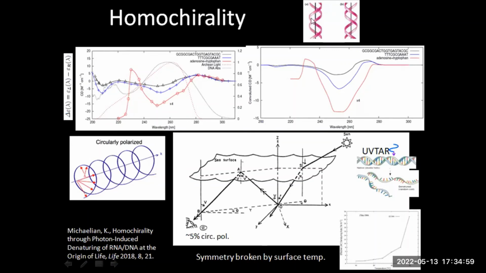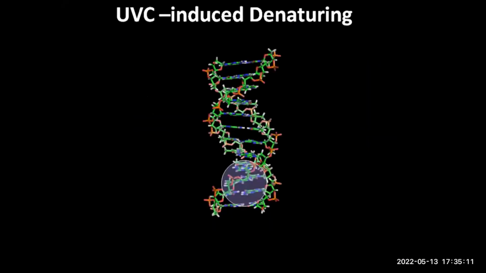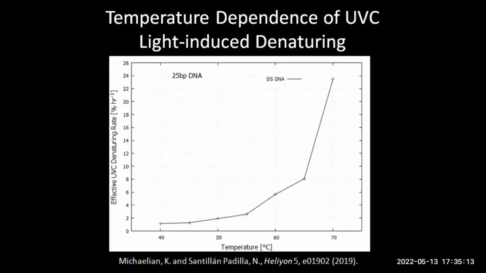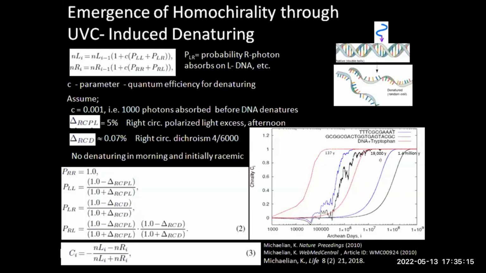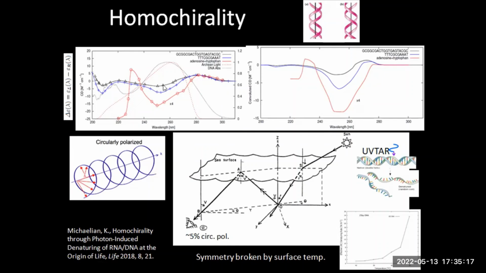Well, as I mentioned, because of the different absorption coefficients for left and right-handed, and the fact that the effect of UVC light-induced denaturing is temperature dependent, we see in this graph, then, in the afternoon, if we have only right-handed, or basically a component, I should say, of right-handed circularly polarized light,